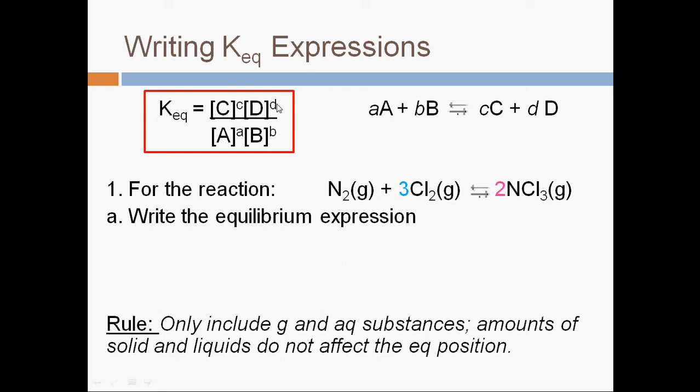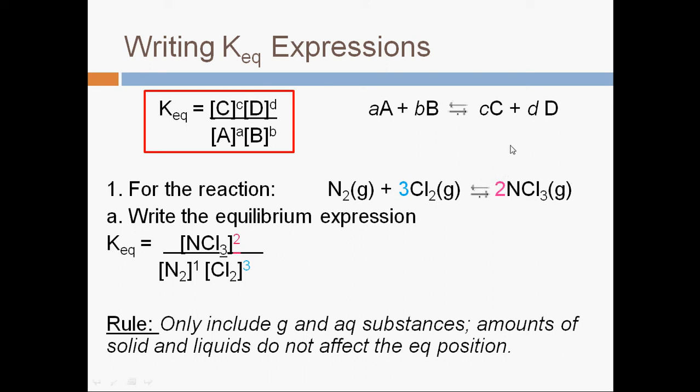All right. Now I realize this is all very weird, abstract, theoretical, so let's look at it with an actual reaction. So I've got this one right here where we've got nitrogen gas, 1 mole of it, reacts with 3 moles of chlorine gas, and that's in equilibrium with 2 moles of nitrogen trichloride. Right? So to write the equilibrium expression, what I do is on top I start with